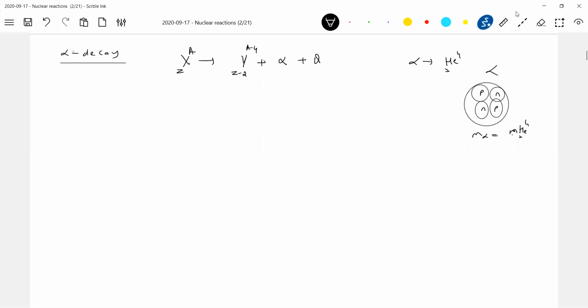Alpha decay, and what will happen? It will attain stability. What about the energy released here? What about the energy released? So the energy released here, I'll write like this: mass of